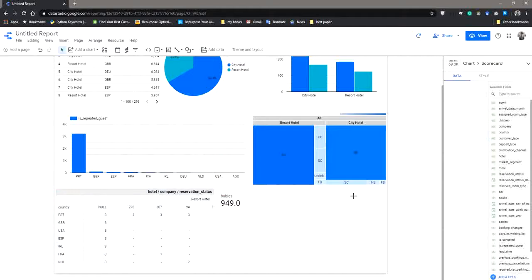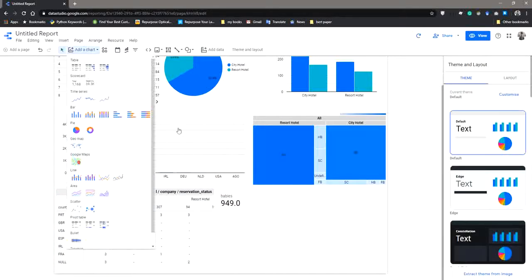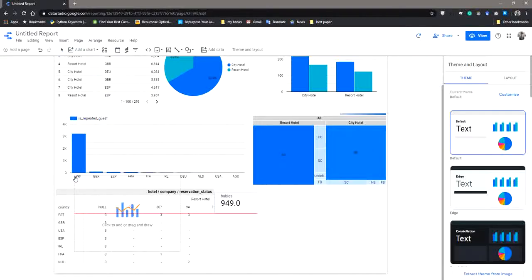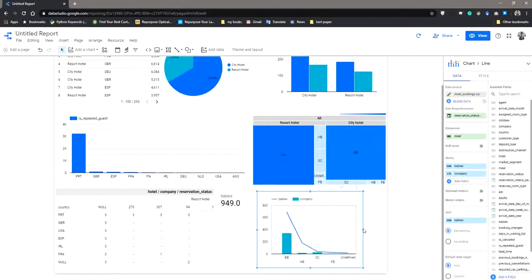Last but not least, we are going to add one more chart, a line chart. Suppose we want to visualize the company and the booking changes, the booking changes according to the company.